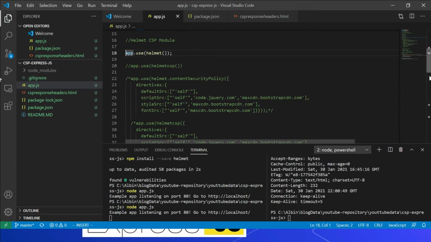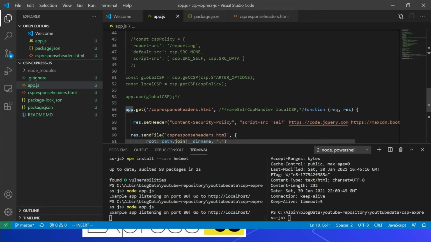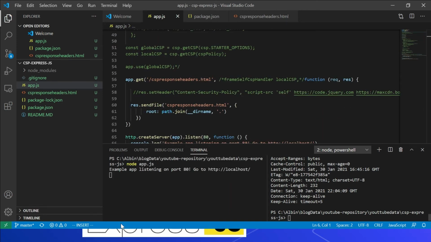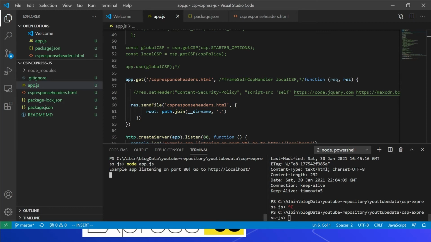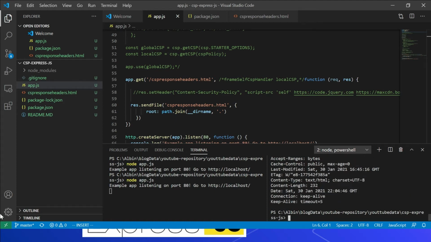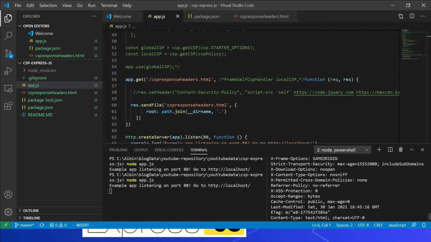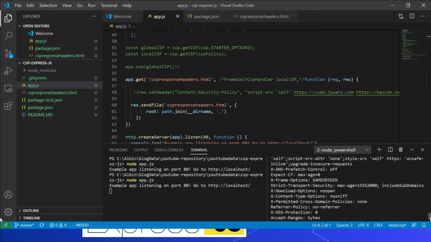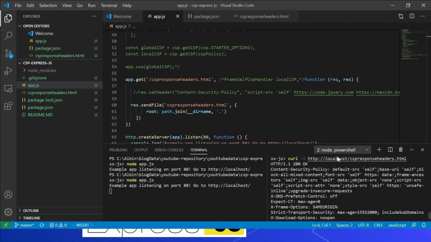Let me comment out the earlier configuration. I'm commenting out this. Fine now. Let me quickly restart the server. Fine, let me quickly access. Now if I go a little up, you can see all the security headers are added now along with the CSP. If I go a little up, I can see this is the default content security policy. This blocks accessing cross-origin resources, so everything is self. Also this blocks the iframing from cross-origin resources. If you see here, frame-ancestors self, so no other resources can iframe it.